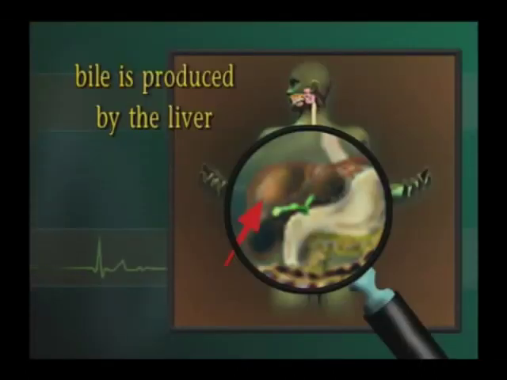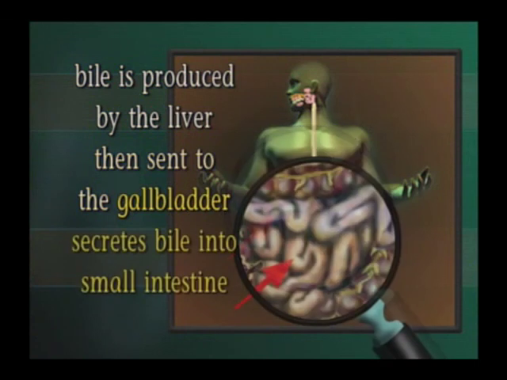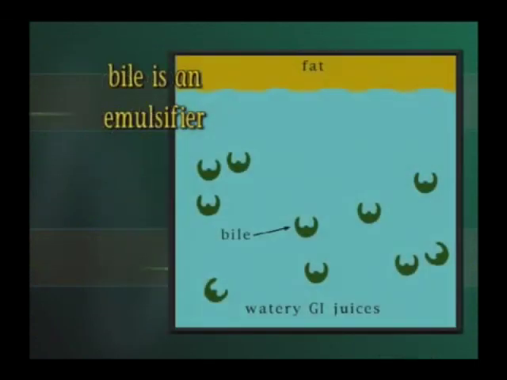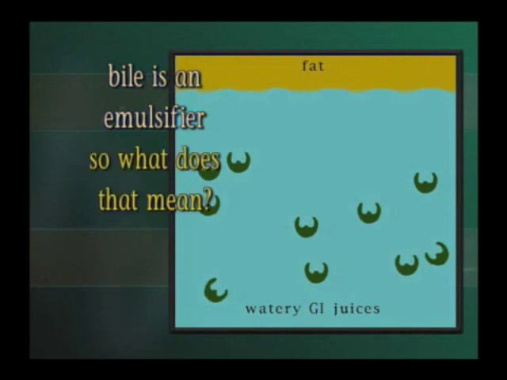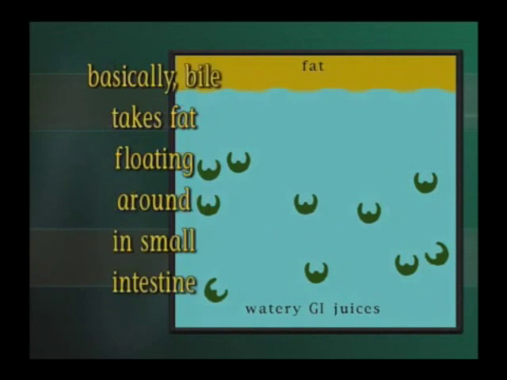First of all, bile is produced by the liver. Once manufactured by the liver, the bile is sent to the gallbladder, which secretes the bile into the small intestine. Bile is an emulsifier. Great, so what does that mean? Well, basically, as an emulsifier, the bile takes the fat that's floating around in the small intestine and breaks it